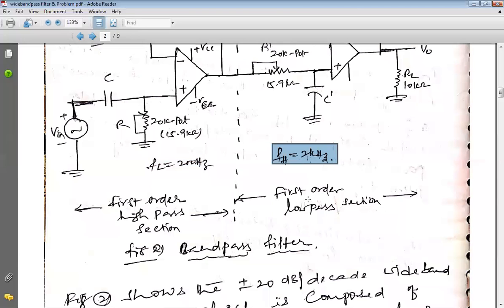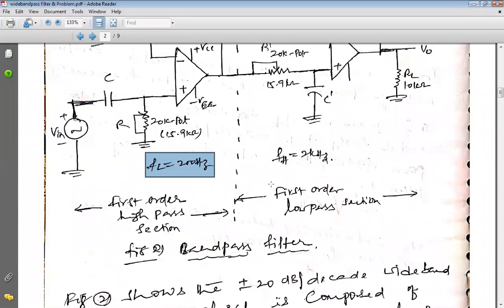So the wideband pass filter will pass the input frequencies from the input side to the output side only between the band of frequency between